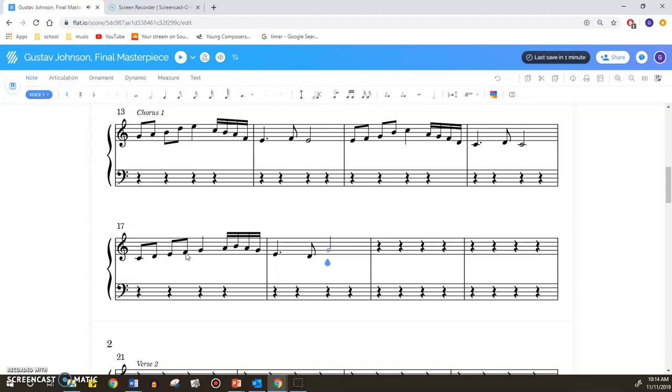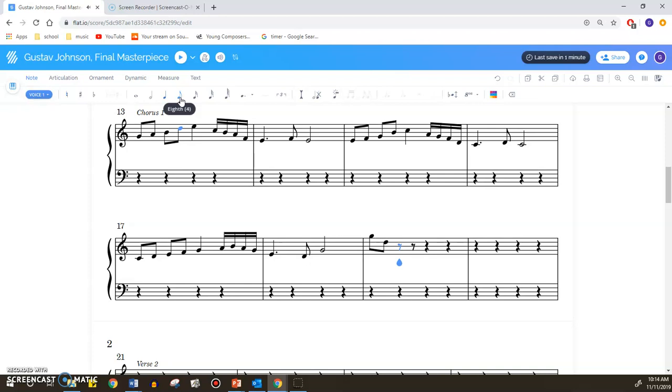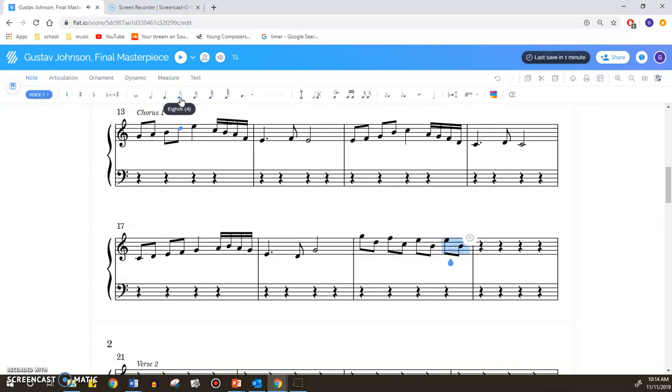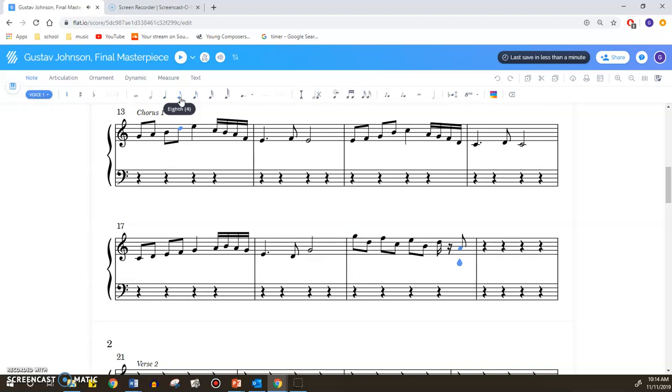I don't want it to sound too final yet. Okay, and then the last time I might add something completely new to make it sound fresh. Let's do the 16th notes here. So you can see that what I'm doing now, I'm just experimenting to see what I like. And then once I have my main idea finished,